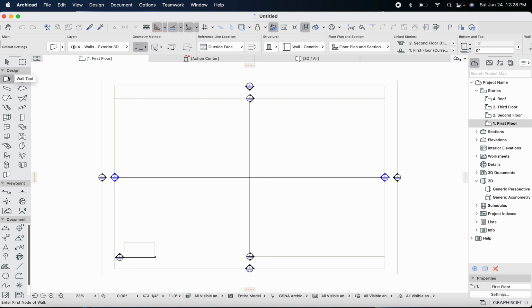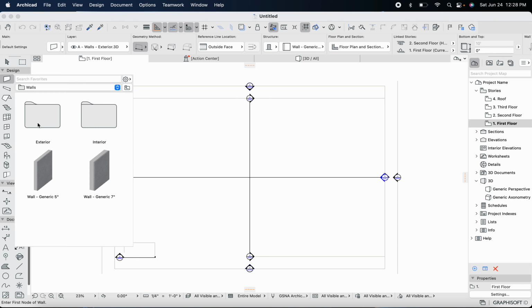But over here on the left hand side we have our 3D objects. There's also a couple options in here to find 2D objects, but for the most part we will try to work in 3D. So our wall, for example, if we select a wall and place that in, it'll be a 3D object. If I click on the arrow here, we can see that we've got some predefined walls for us. These are actually called composites in Archicad. We'll go over how to define some of these on our own later on,